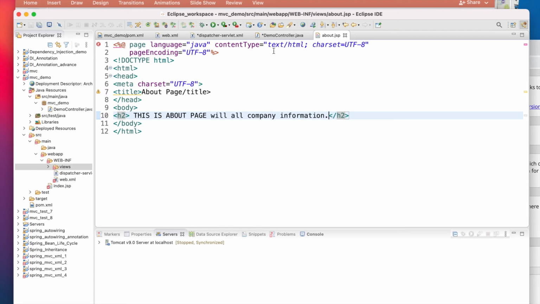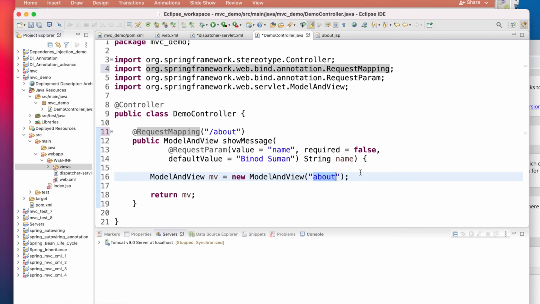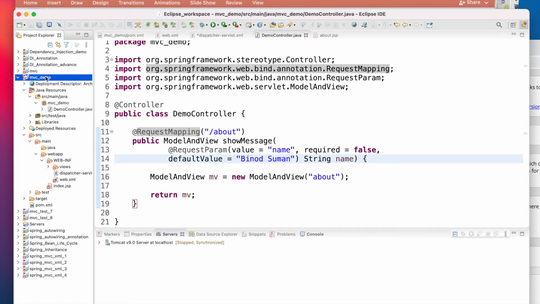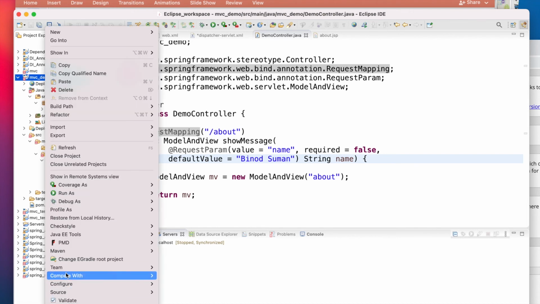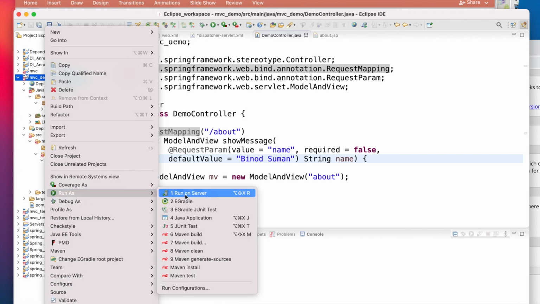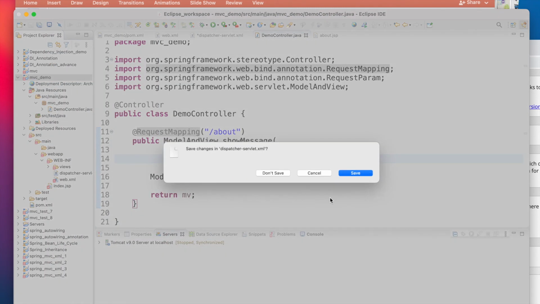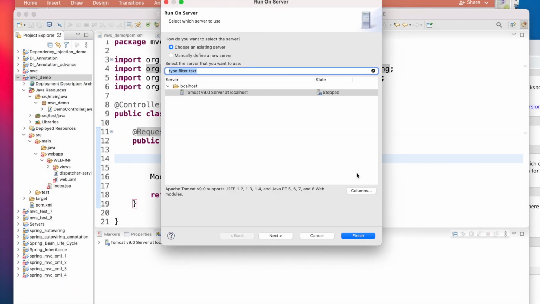Okay, now we have done almost everything. Now we are good to run the code. So if you see here, come to Maven, Maven demo, MVC demo, go and run, and it is showing run on server. Here I want to save all the code, and I have already configured the Tomcat and localhost. But how will you do that? You just run it, and even without a server it will give the option to install it.